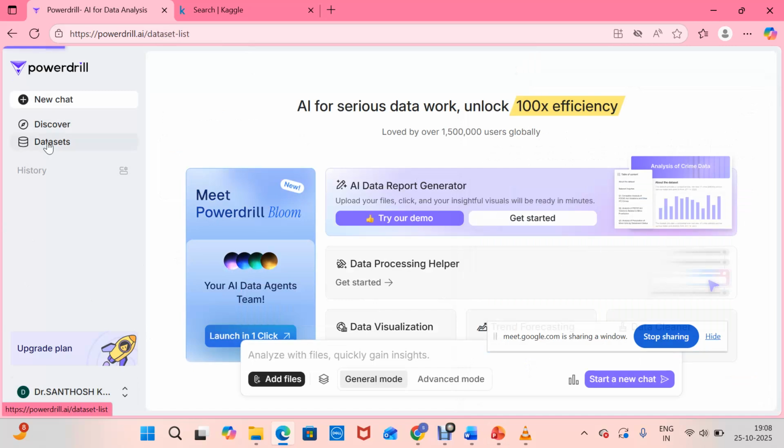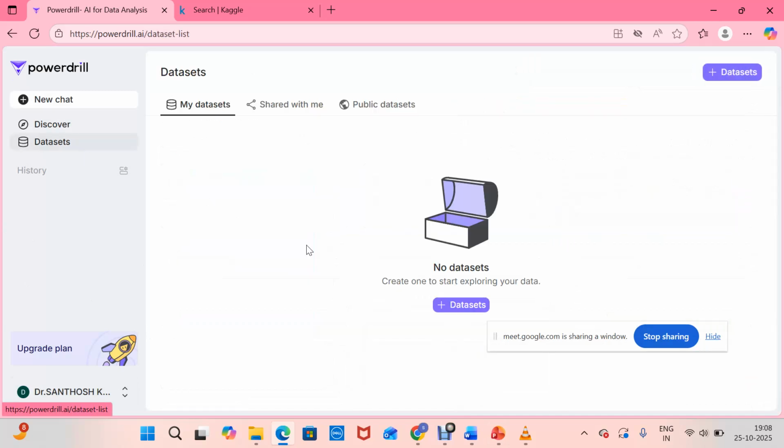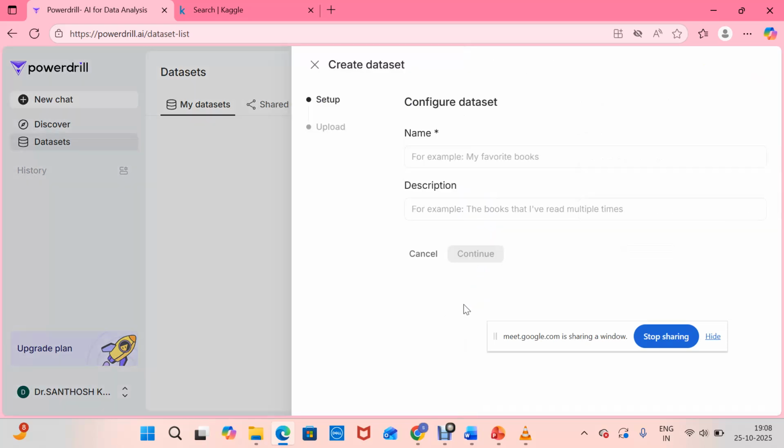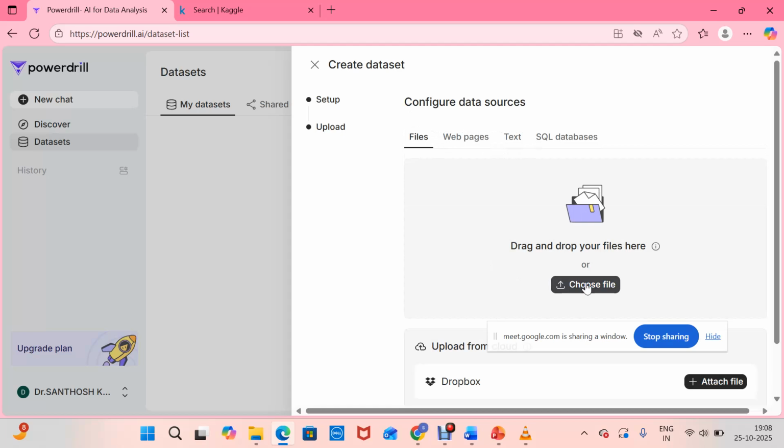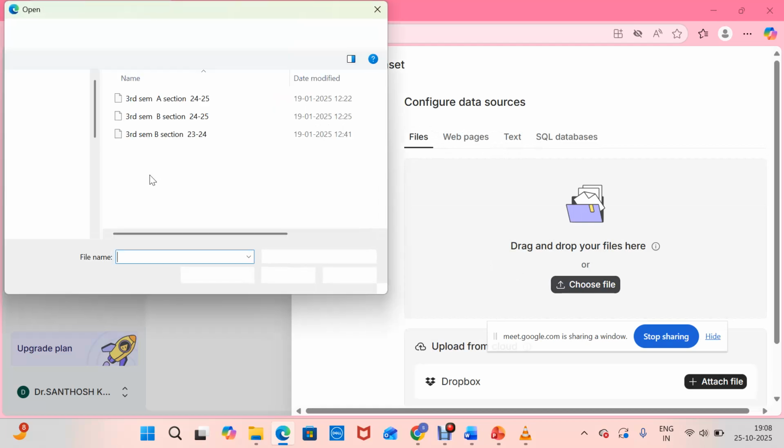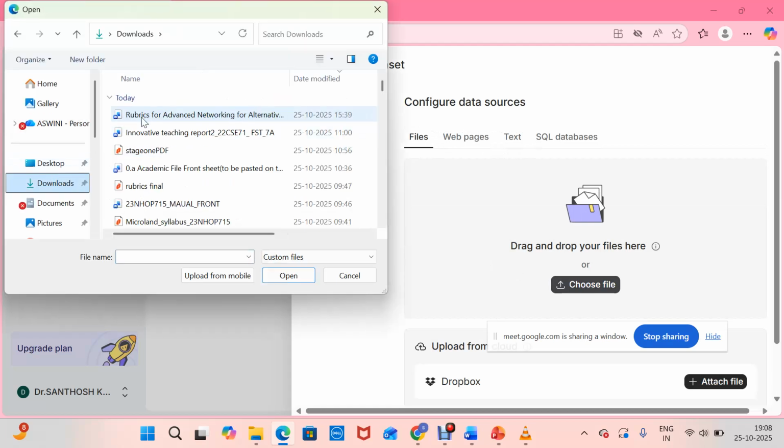Now I am going for data set. You can see data set. I'm adding the data set which I have downloaded. I'm renaming it. It is for the hospital management, so I'm giving some name. Now I'm choosing the file which I have downloaded.